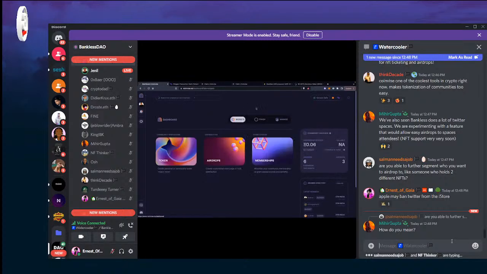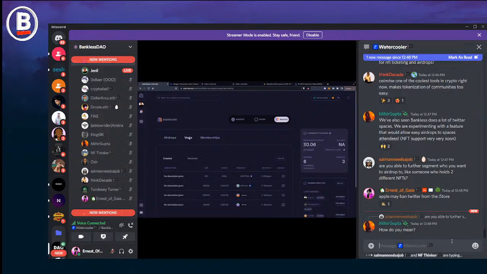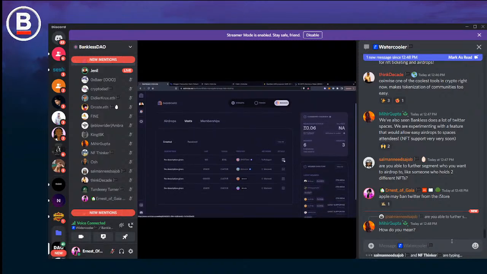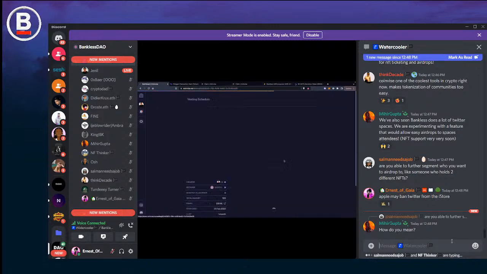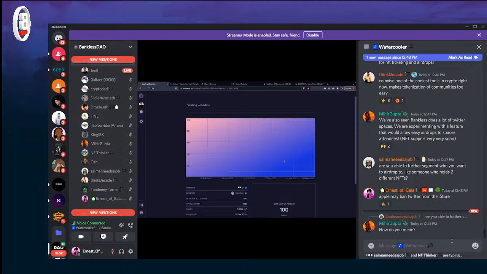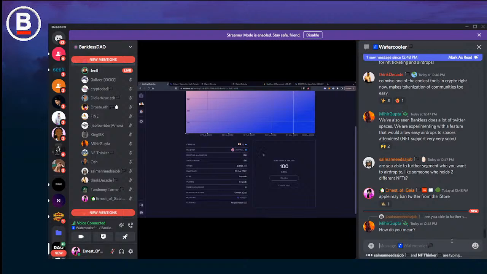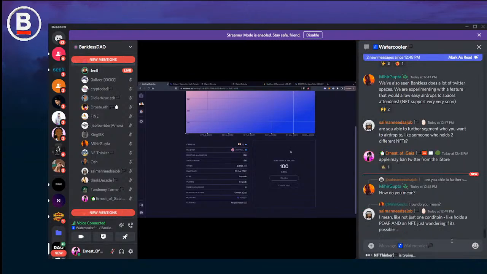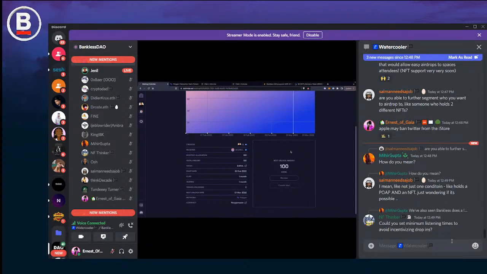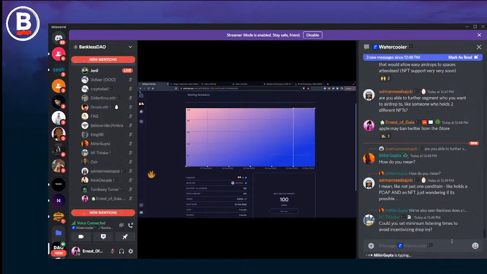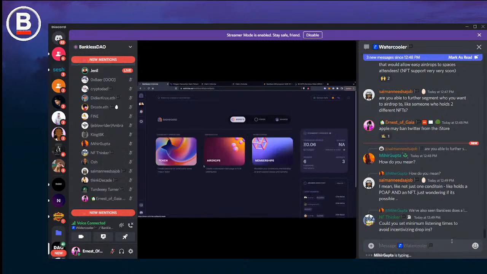What this looks like is something like this. You can go to manage, you can go to vest, and you can see what this looks like. Yep. So this is what the graph will look like. You can see all the details of the vesting right over here. And this is specifically designed around the use case of almost like a waterfall airdrop, where you can distribute tokens on a monthly basis or over just a traditional vesting period, how you would create it for community members that have a significant portion allocated for their treasury as for their budget. And they can come and withdraw it.